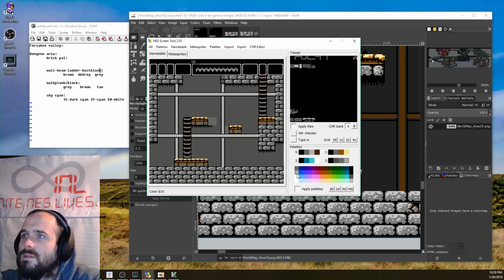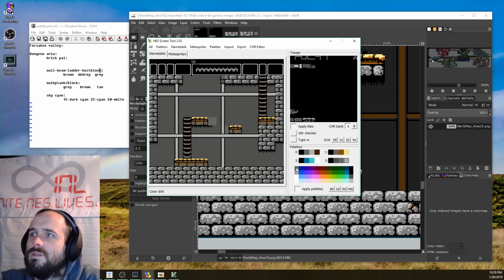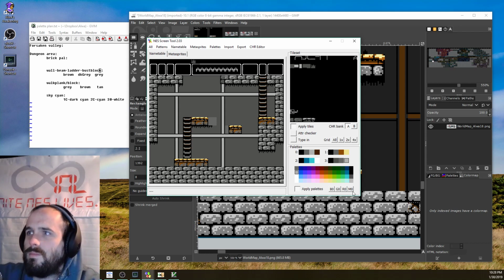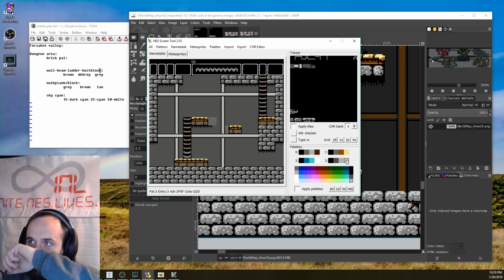I think this 2-0 looks like a gray also. We've got 4 grays. But those two look pretty similar. The lightest gray we have